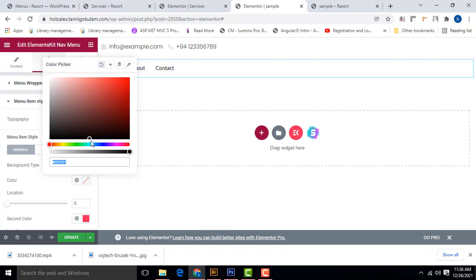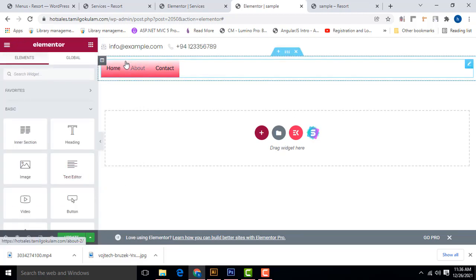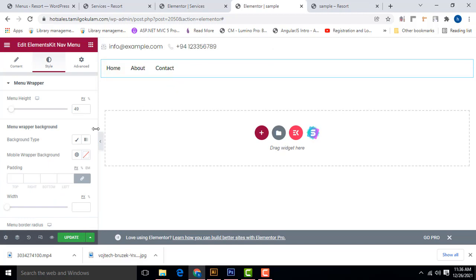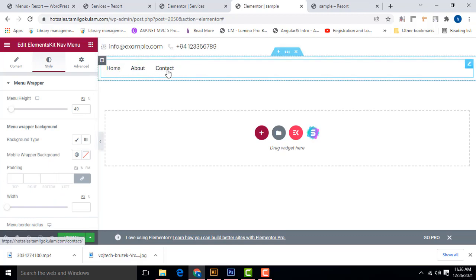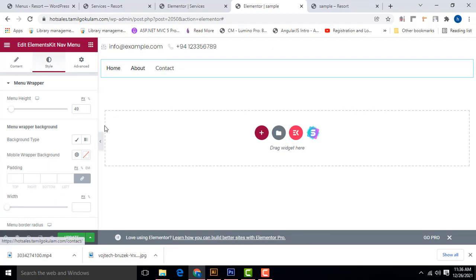You will be able to change the background color here. I have set the default background color as white. Later on I will change it.